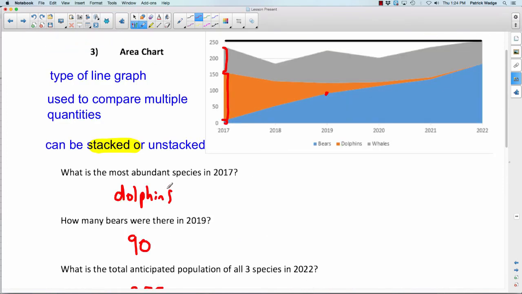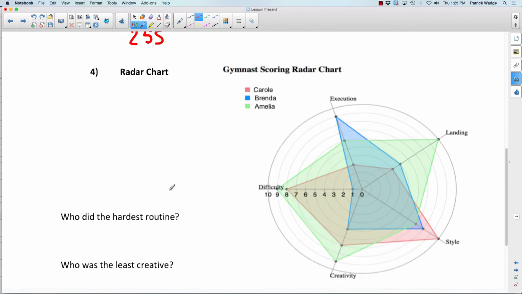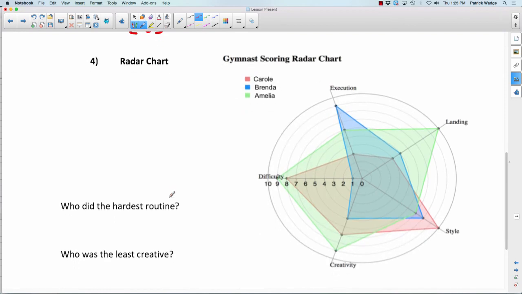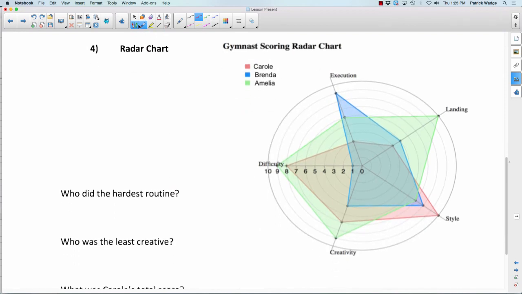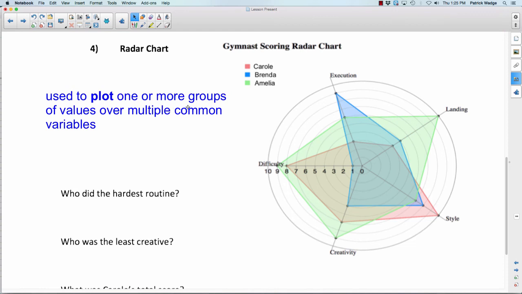So that's the area chart. Last one, the radar chart. I never saw this before. I love it. This is so cool. So what is a radar chart? I mean, look at this thing. That looks so crazy. A radar chart is used to plot one or more groups of values over multiple common